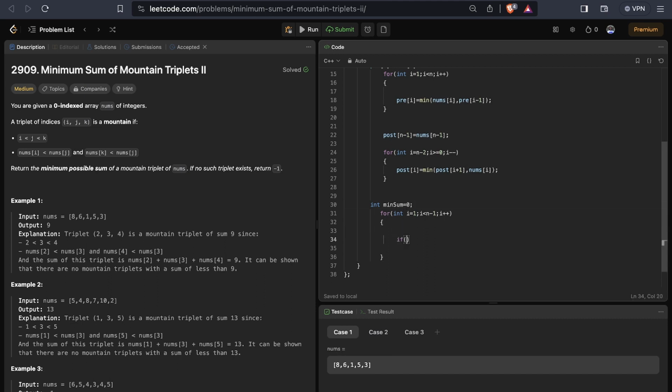You will check if nums of i is greater than pre of i, and at the same time nums of i should also be greater than post of i. If this is true,